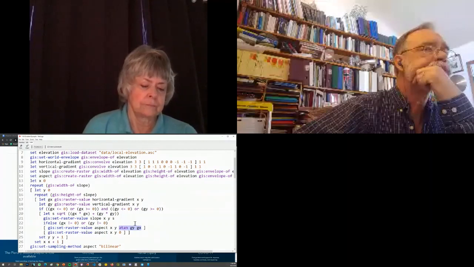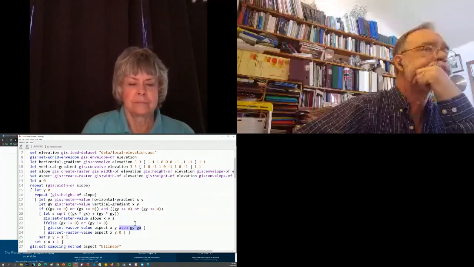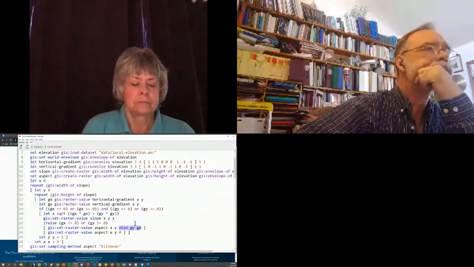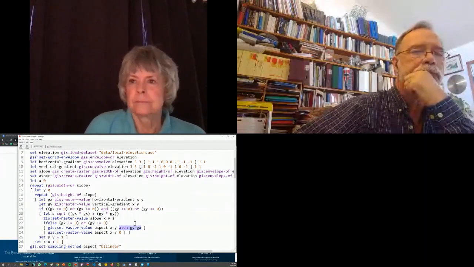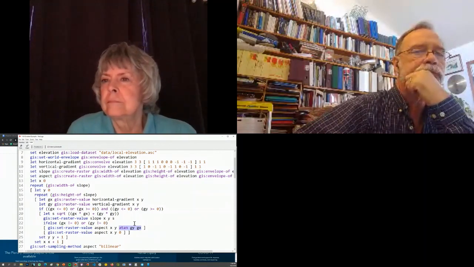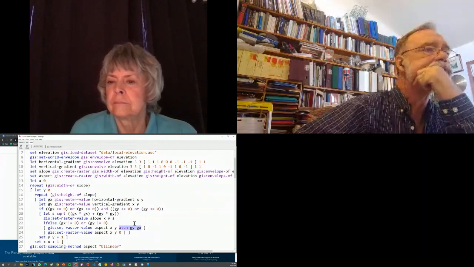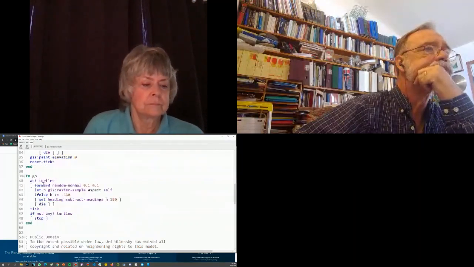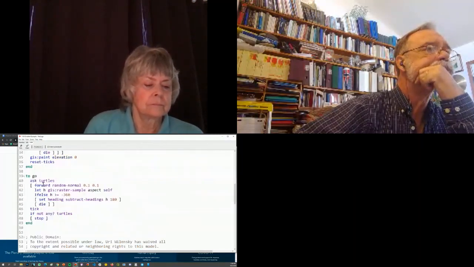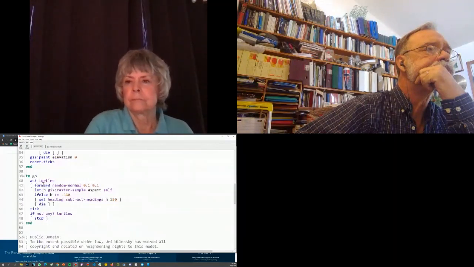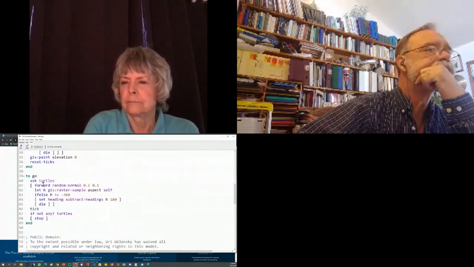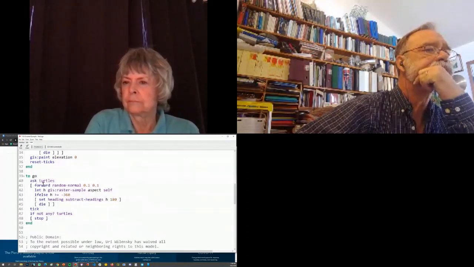But at the end of the day, we have the raw elevation and then 2 derived data sets, rasters, that are what's the strength of the slope and what's the direction. And then notice when the turtles move, all they do is they say, go forward some random normal amount. They're going to sample a normal distribution. And then they're going to sample the aspect